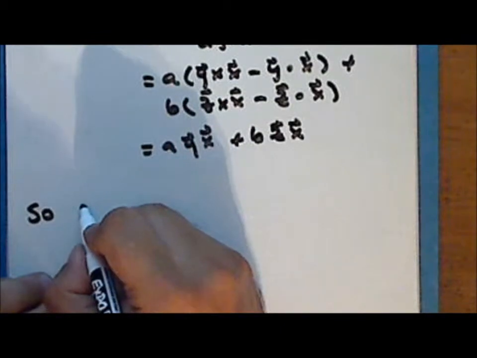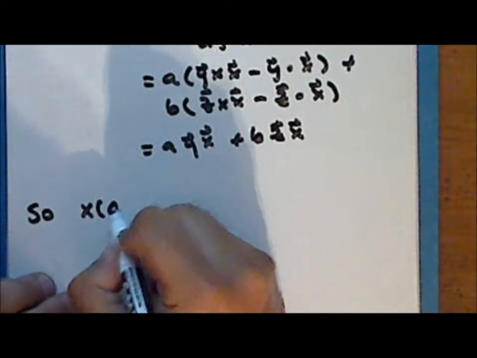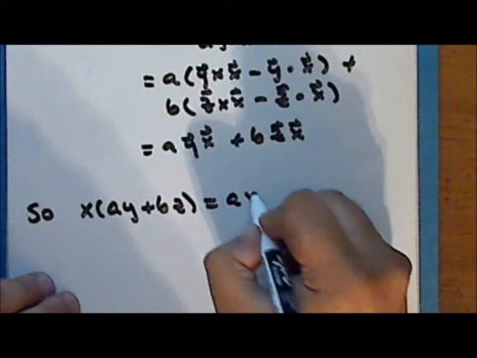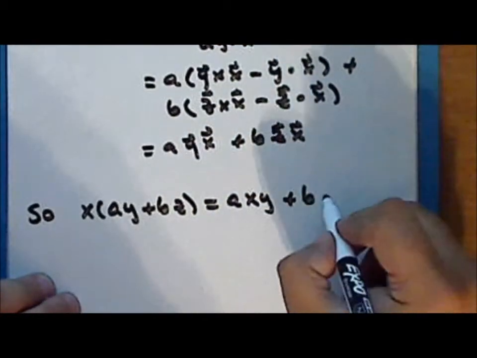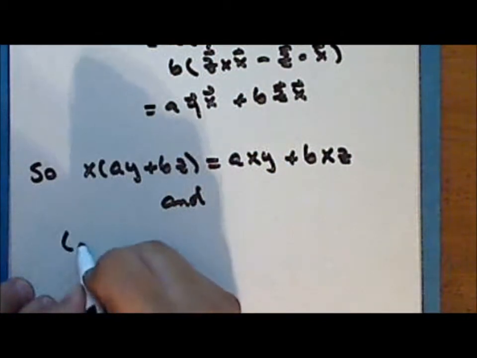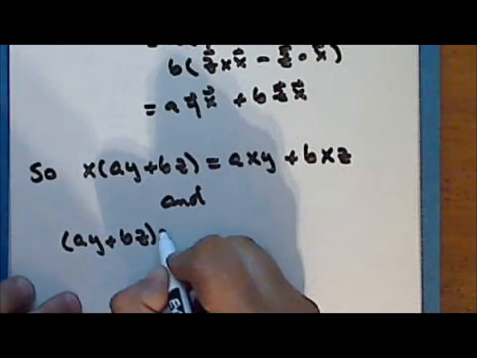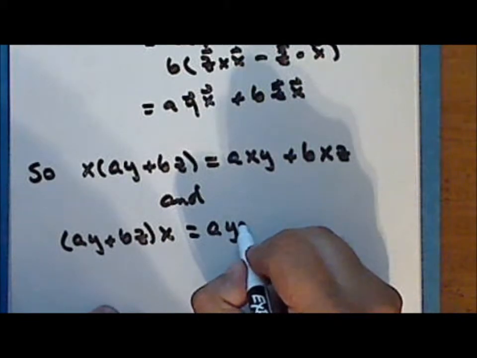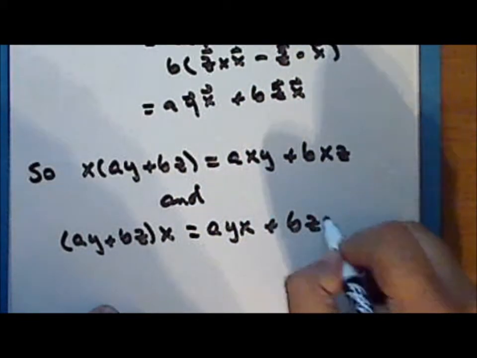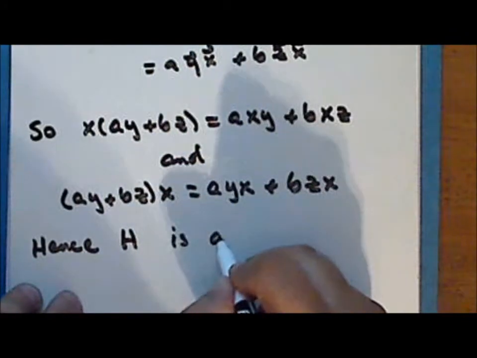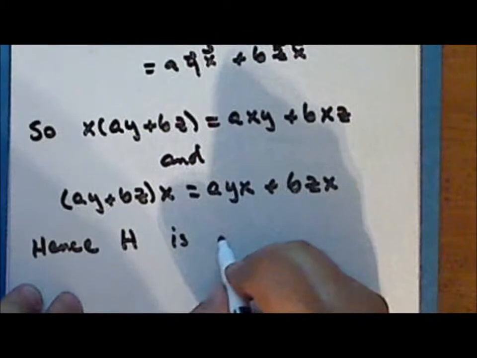So now that the hardest part is done, I leave it as an exercise for you to verify that the product of the quaternion x with the quantity a times the quaternion y plus b times the quaternion z is equal to a times the product of the quaternions x and y plus b times the quaternions x and z, and the product a times y plus b times z times the quaternion x is a times the product of the quaternions y and x plus b times the quaternions z and x, and hence the quaternions is an algebra, a four-dimensional algebra,